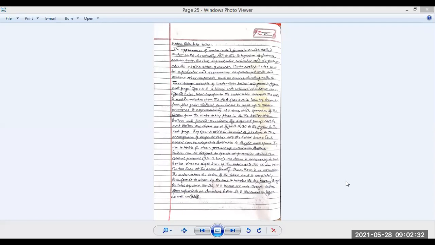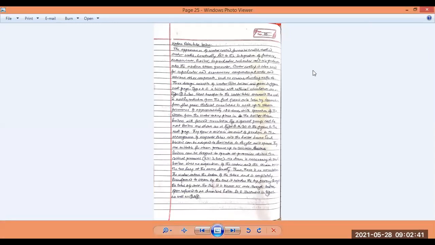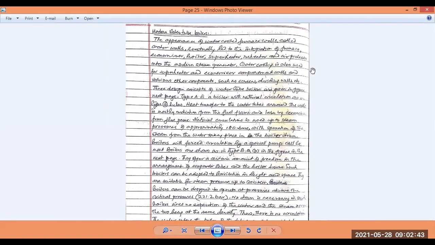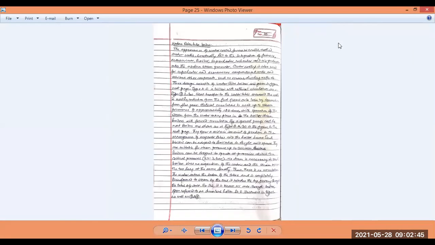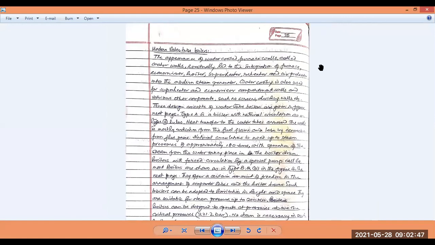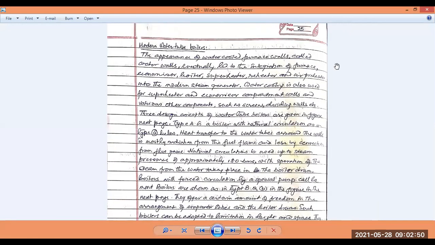Today, let us start modern water tube boilers. The appearance of water-cooled furnace walls, called water walls, eventually led to the integration of furnace, economizer, boiler, superheater, reheater, and preheater into the modern